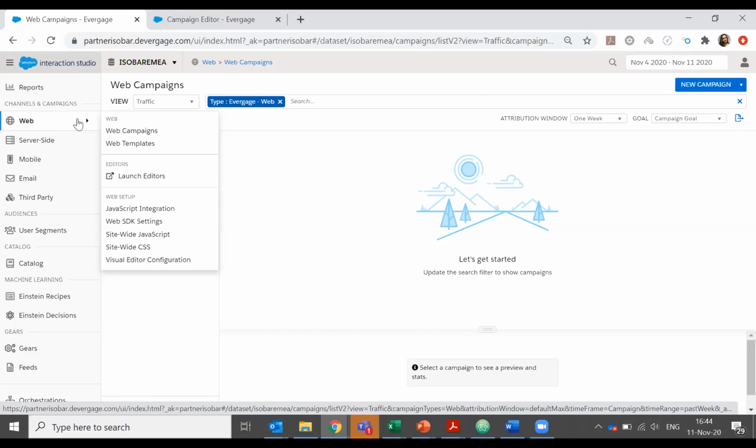Okay, and the next question is, can I integrate Interaction Studio to any website? So if my client has a website built in WordPress, it won't be a problem. Yep. It wouldn't be a problem because